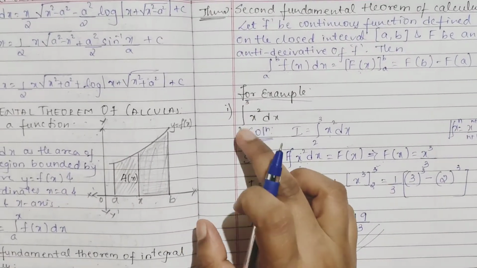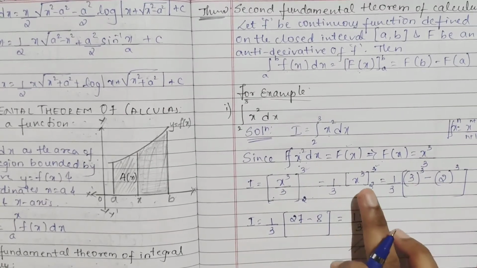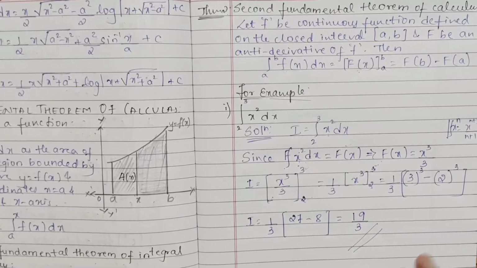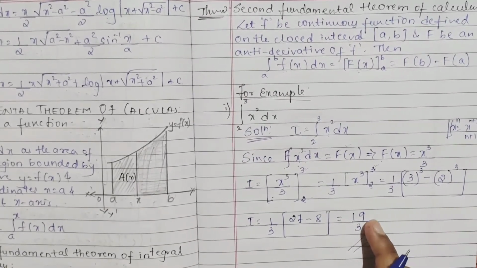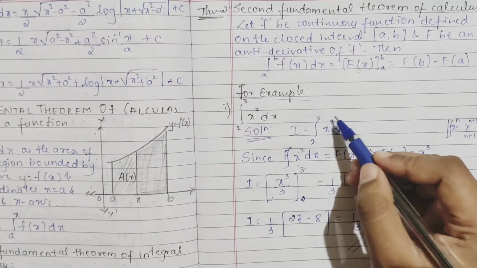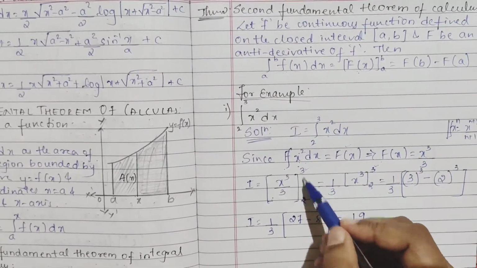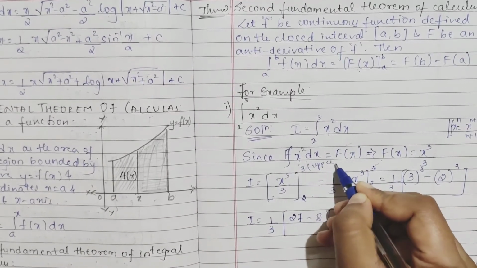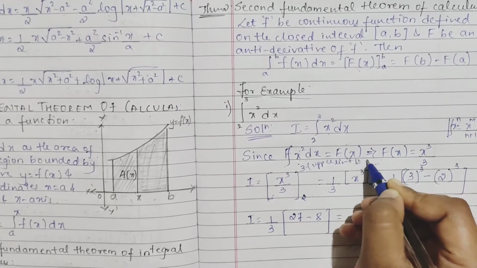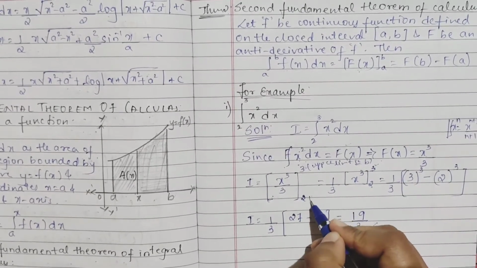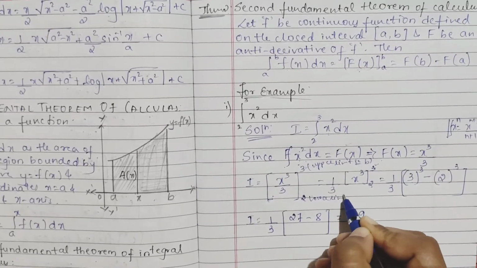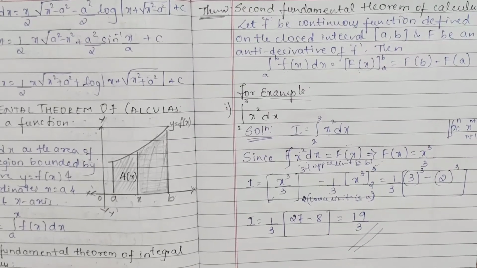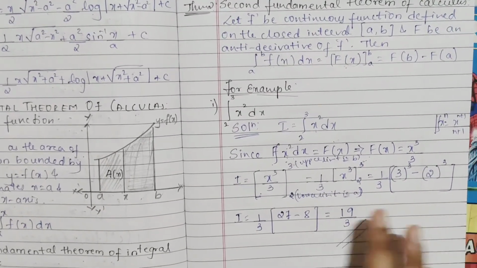In this case, whenever integrals are given, you have to find the value of that x. Don't add any integration constant here. First step is you have to integrate whatever is inside. Then apply the limits. This is the upper limit, that is b. This is the lower limit, that is a. Okay, we will see the examples, then you can do it.